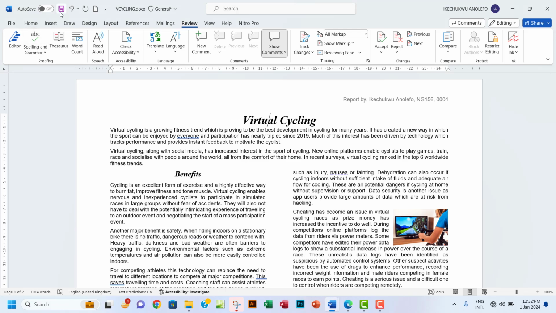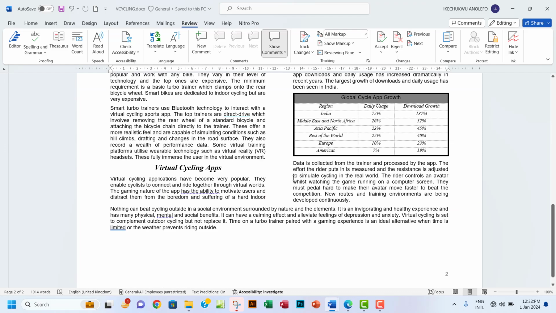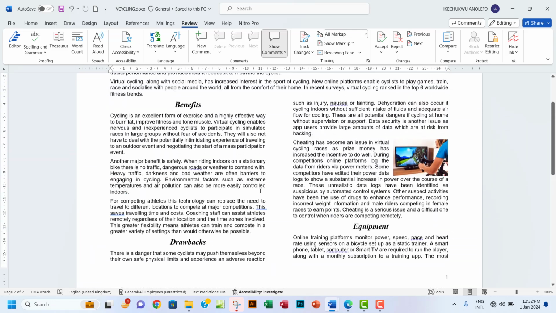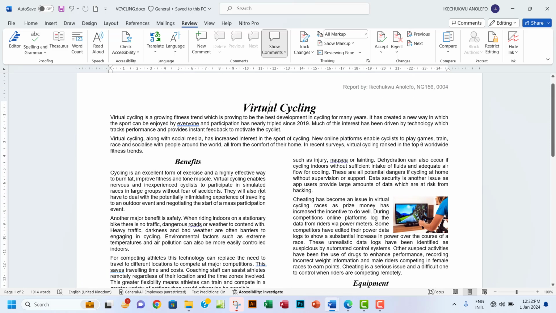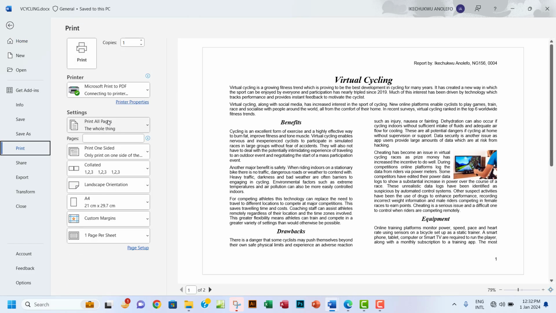So we're going to just click on save, and then we'll have to print the document. As I said before in my previous videos, if you want to print documents, it's important that you print in the PDF format, so that if there's any need for you to print again, you will not lose your file, or any formatting or something like that. So you can just go ahead to print. So let's just print to PDF. Go to file, go to print, and then make sure you select Microsoft Print to PDF, and then